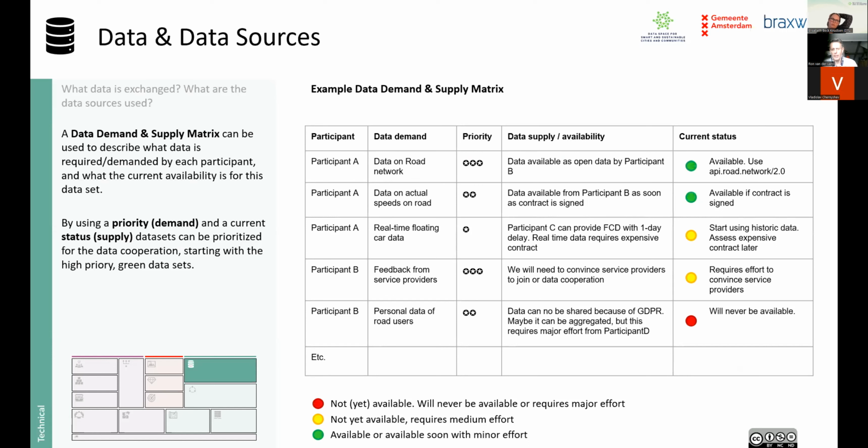In other cases, it's on a wish list, but it will never be available, for instance, if this data is too privacy sensitive. But it's good to work on a matrix with data demand and supply, so you know who the users of your data cooperation are, what they are looking for, and you have a list of data sets that you want to have in your cooperation.